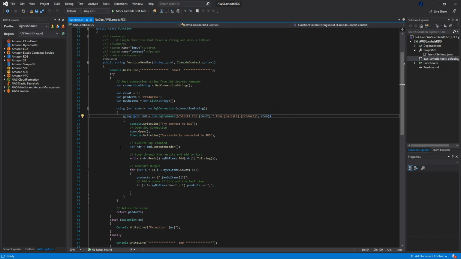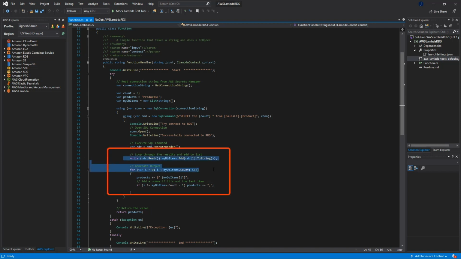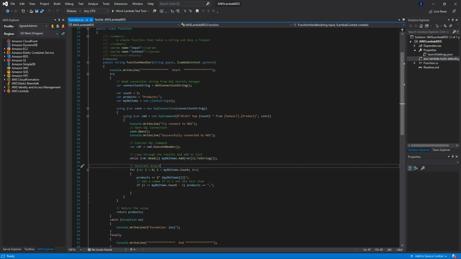Once you execute this command object, you get a reader object, and you can use the reader object to loop through all the records in the product table. And basically we are going to build an array of strings of the products, and we are going to return it as a response.